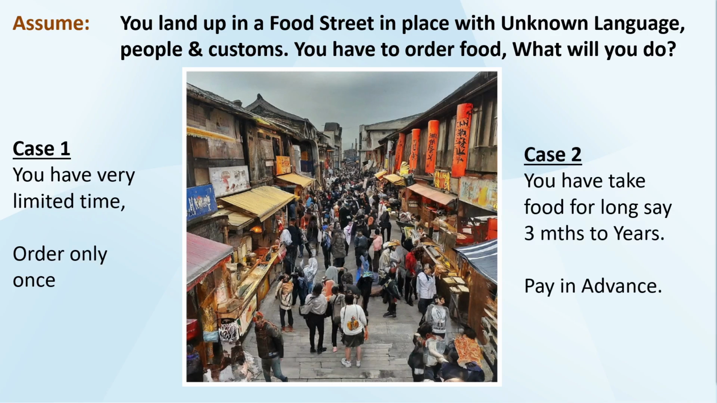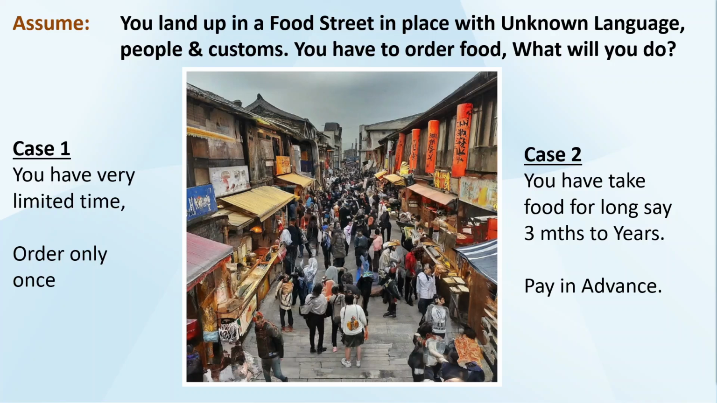Whereas in the second case, you will have to take food for a longer period. Let's say you may have to take food for 1 month, 2 months, or maybe up to years, but you have to pay in advance. Now, if this is the case, and if you are unable to read the language, signs, billboards, or the restaurant menu, in the first case, what you will try to find out